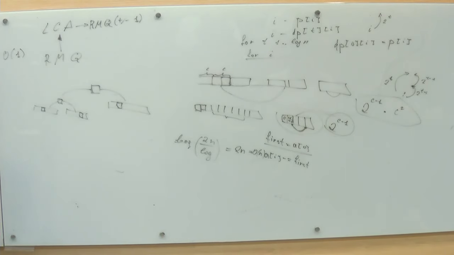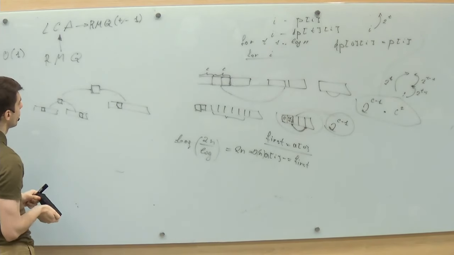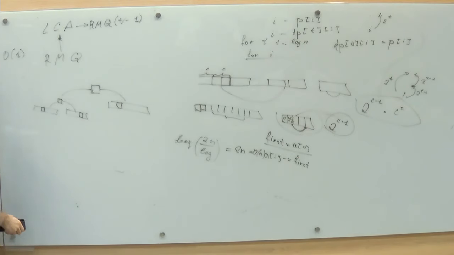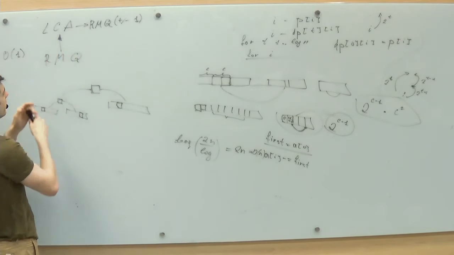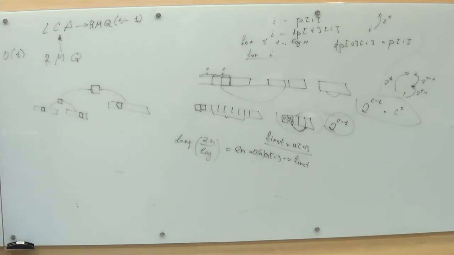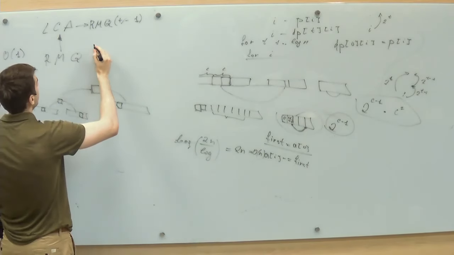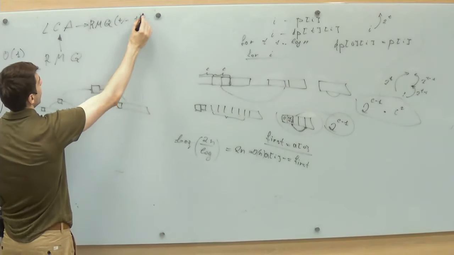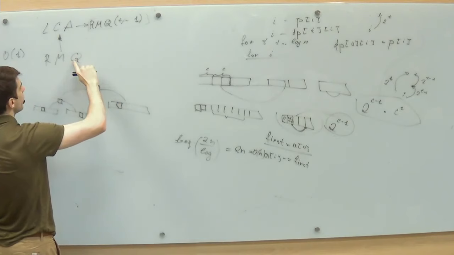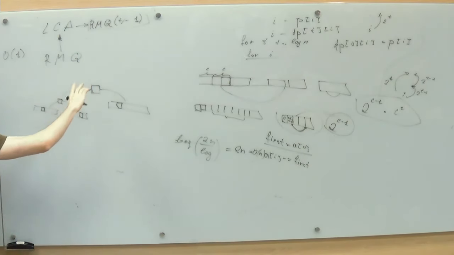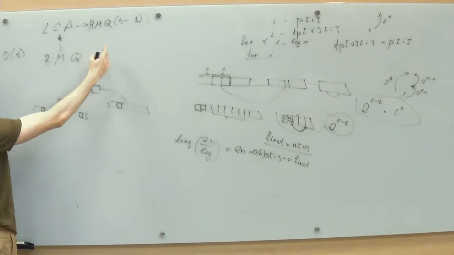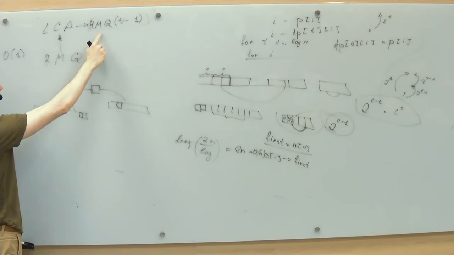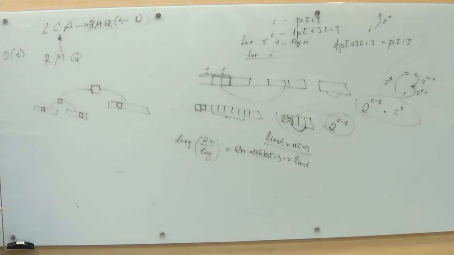So if we can construct such a tree, this means that if we previously had this RMQ problem, after constructing this tree we are back to the LCA problem. Since this problem is also just a corner case of this one, this proves that these two, or maybe three problems, LCA, RMQ and RMQ plus-minus 1, are equivalent,